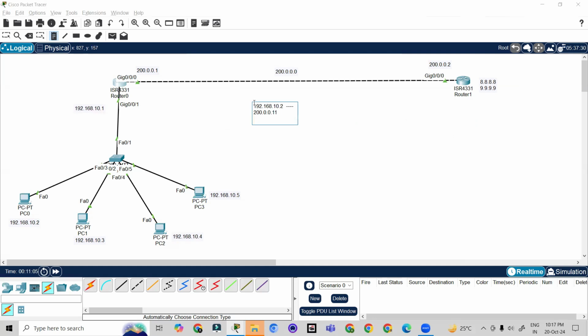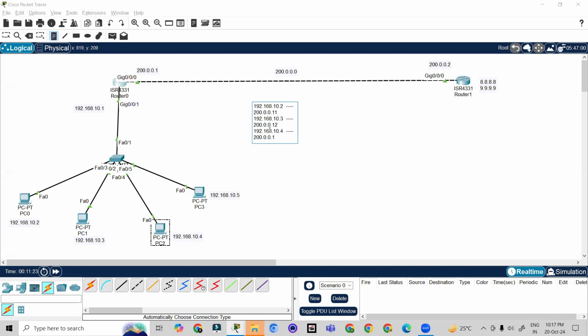Another IP address, 192.168.10.3, will be mapped with 200.0.0.12. Okay. Next one is 192.168.10.4. That will be mapped with an IP address